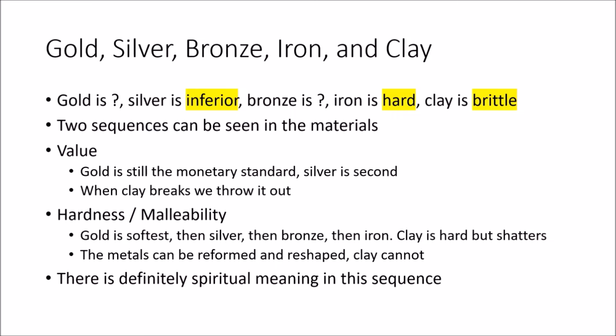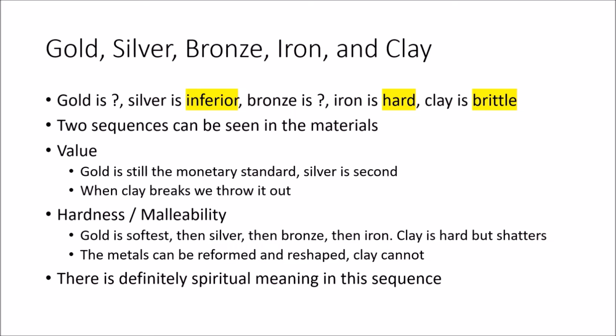So it doesn't say anything about what bronze is. It doesn't characterize that kingdom that way. But for iron, it does. It says iron is hard or strong. It uses the word both. And then it says that clay is brittle. And so we understand kind of the Roman Empire being a hard empire, and clay being brittle is not so clear, and we're going to look at that more.